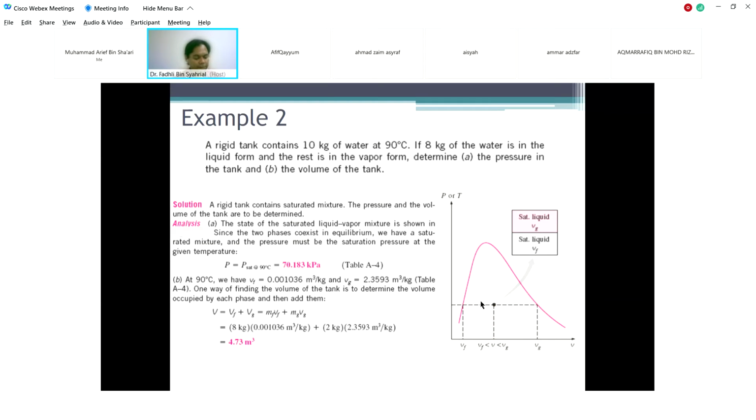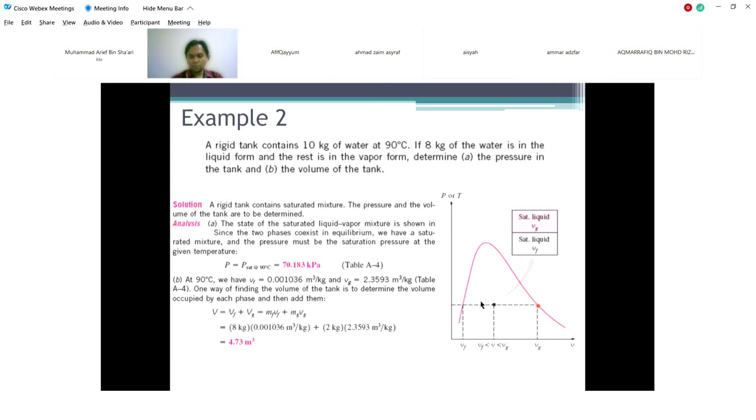Okay. After that, on the left side of the point at the saturated liquid curve line, put another point and then draw a vertical line to the v-axis. There is vf, as shown in my slide here, this point. Draw a straight vertical line to the v-axis, and then write vf here.